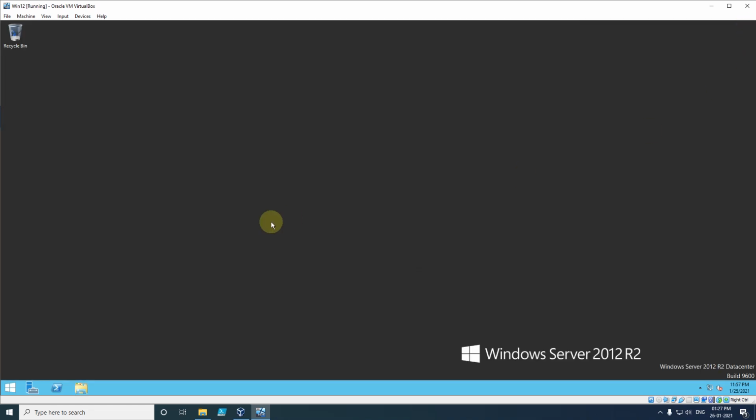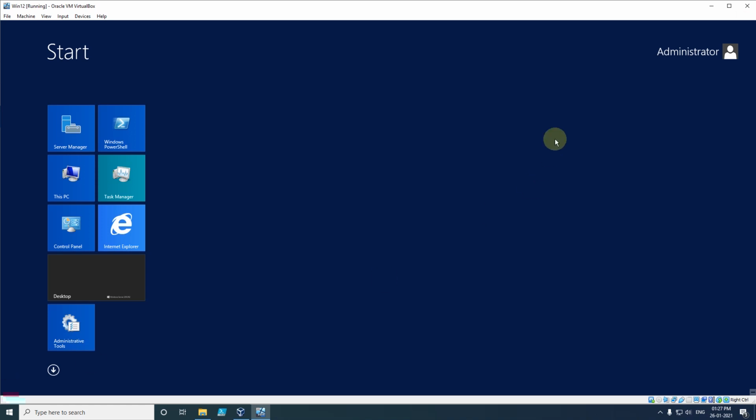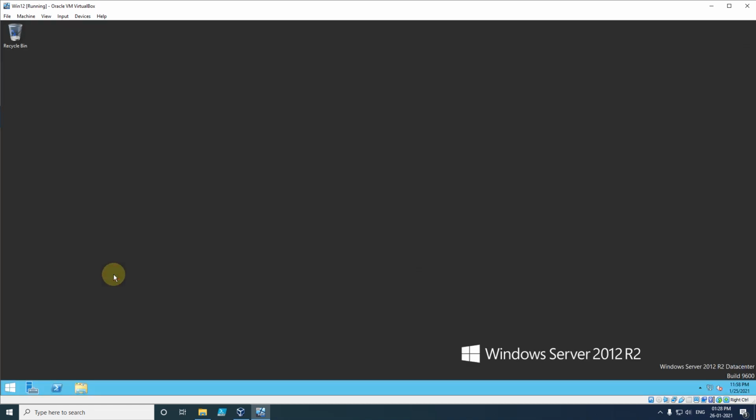And when you install Windows Server 2012, and if you want to shut down and you click on the user, here you will not get the option to shut down the machine. Here you will get only two options, either lock or sign out. So if you want to shut down or restart the system, you have to focus here.